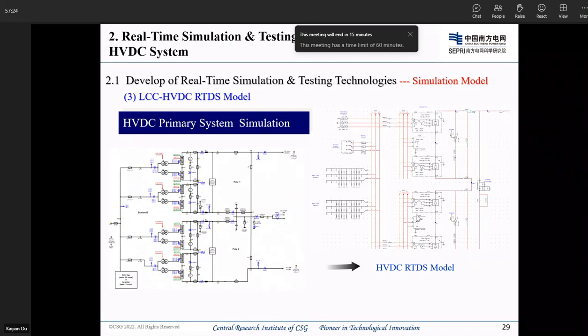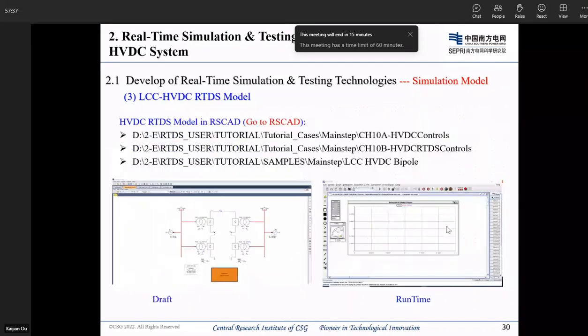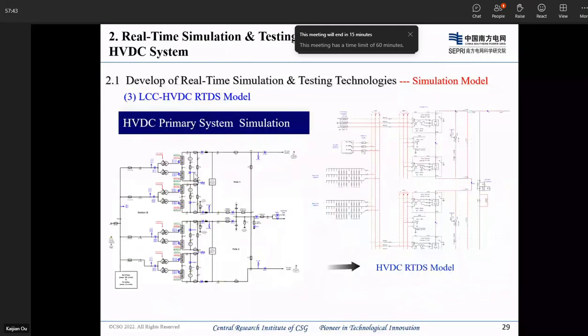The left side is the actual net of the HVDC project. We can see here. This is the RTDS model. Our RTDS model, we can